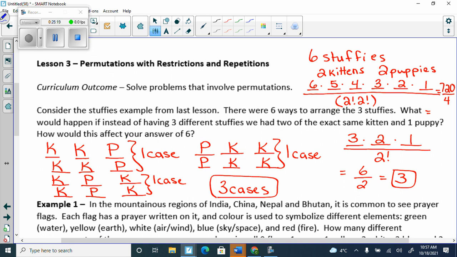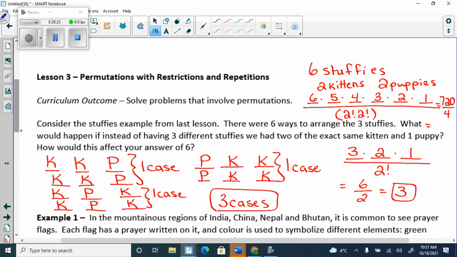Now everyone try this out in your calculator. Pull out a calculator and say I have 6 factorial over 2 factorial, 2 factorial. Just type it in how you would. 720 divided by 4 is actually 180. But if you go 6 factorial divided by 2 factorial, 2 factorial,